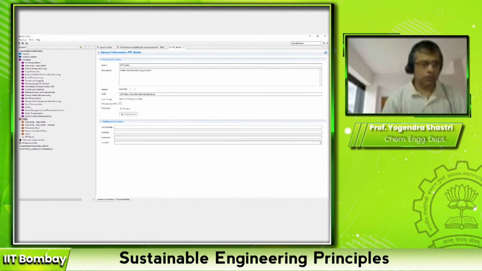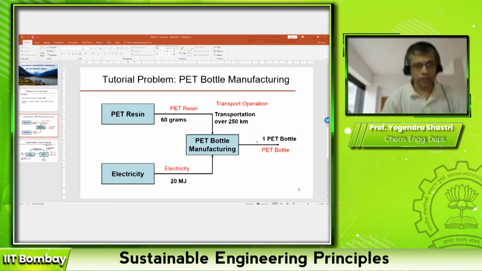Great. So going back to the problem, we have created this new flow. All other flows we will use from the database. So once the flows are defined, the next thing is to define processes. What are the new processes that you have to define in the database which are not already there? Now here again, we are saying that we are using the PET resin manufacturing and electricity production as well as transportation operation from the database.